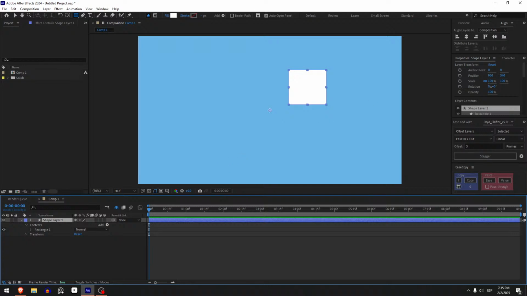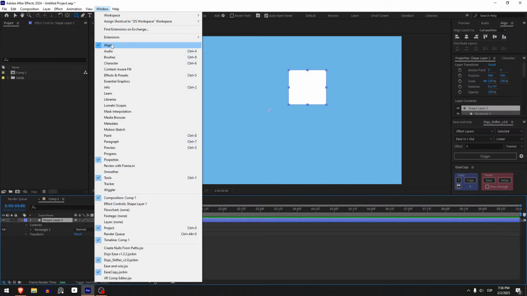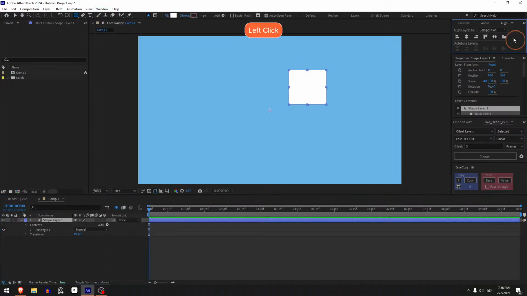One way is with the Align panel. If you don't see the Align panel, you gotta go here to Window and select Align. You align by pressing these two icons to align horizontally and vertically. This doesn't require the anchor point to be in the center,